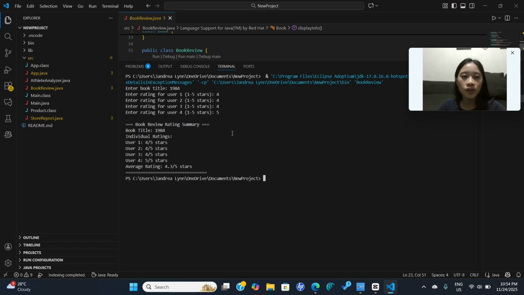So if you run the code, the terminal will show this. For example, the book title is 1984 and the rating for user 1 is 4, same with 2 and 3. And for user 4 it is 5. After entering this, the terminal output will be like this. You can see the program prints the book title, each user's rating, and the average rating, which is 4.3